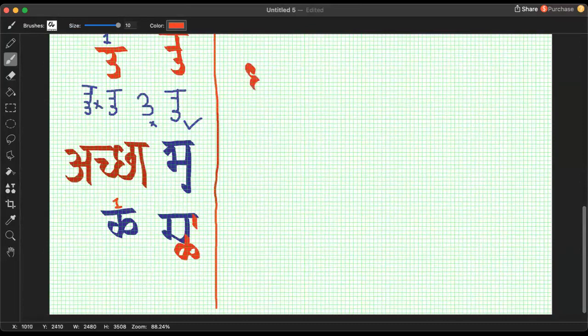This is dhvani in Devanagari. If you're writing this,